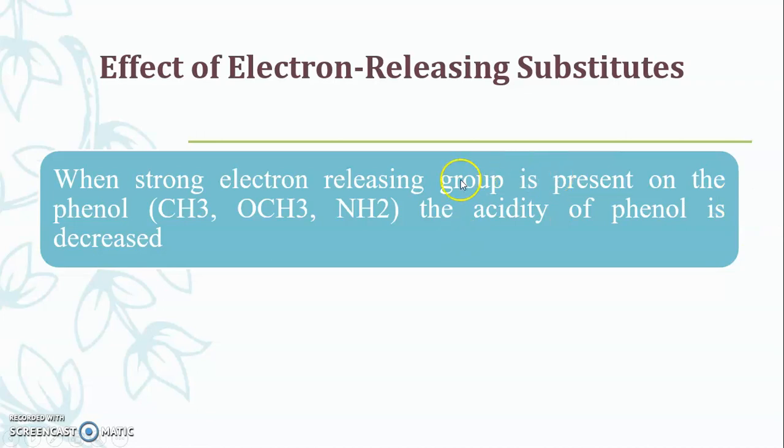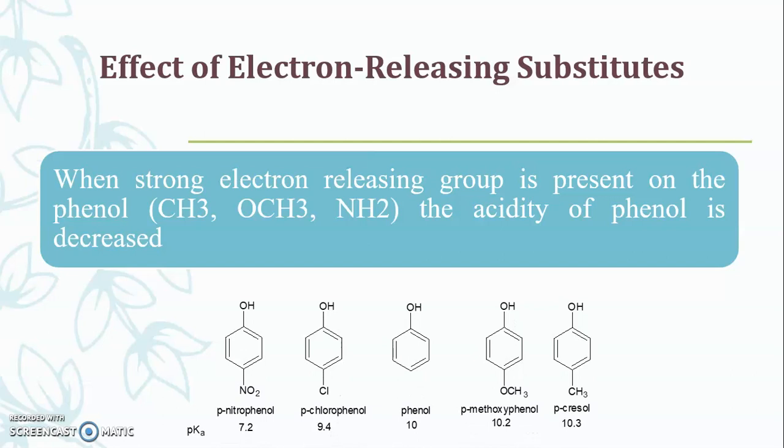Electron releasing groups means what? Alkyl groups, then OCH3 as well as NH2. These groups are considered as electron releasing groups. For example, you can see over here